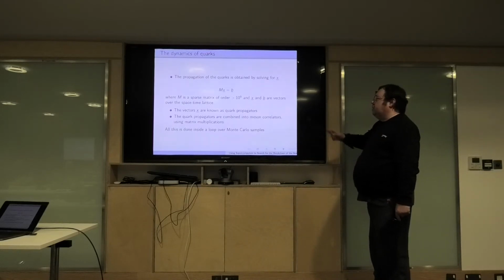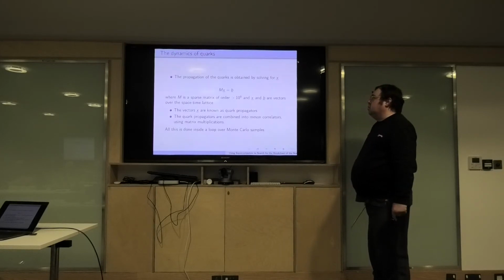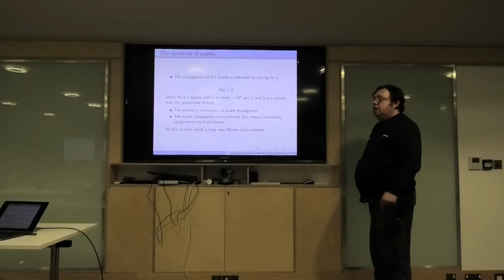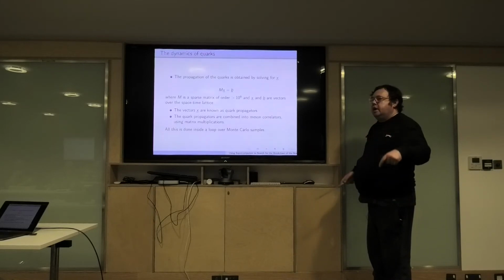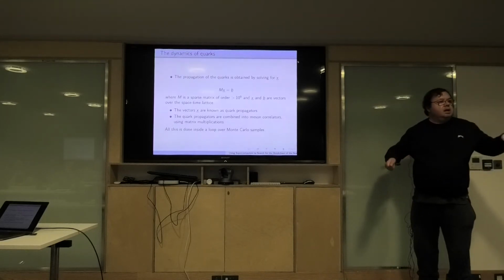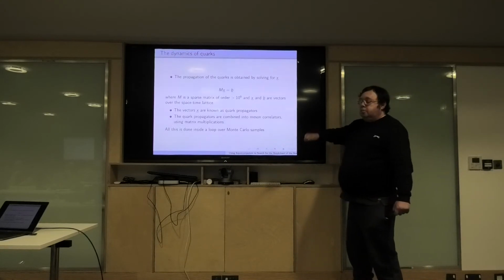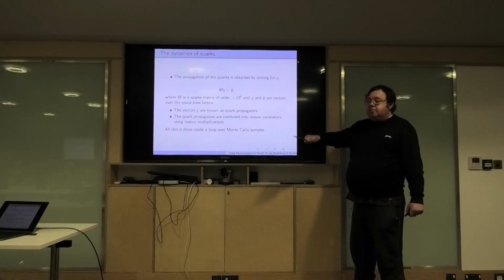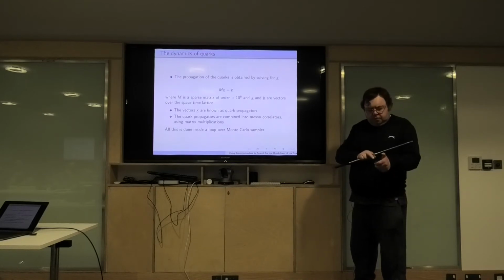Once we have these x's, we can combine them together to do mesons and things like that. But one of the key underlying kernels is matrix inversion, and we use things like conjugate gradient, and increasingly things like multigrid. If you've never met any of these, it doesn't really matter, it's mostly matrix algebra. And then remember, we're doing Monte Carlo. That means we have random samples, so every time we do a calculation I have lots of random numbers, and I just keep repeating the calculation and then do some statistics at the end.